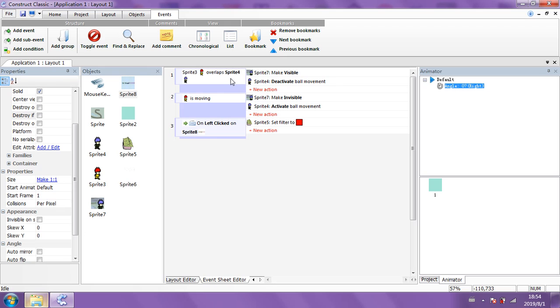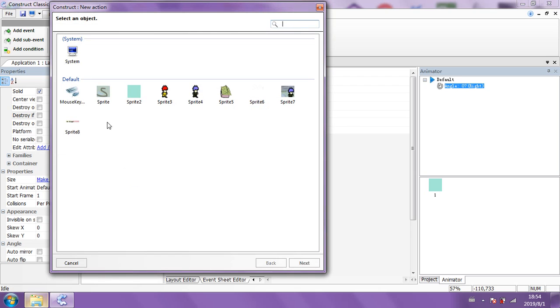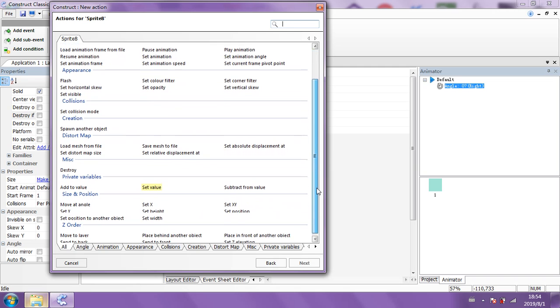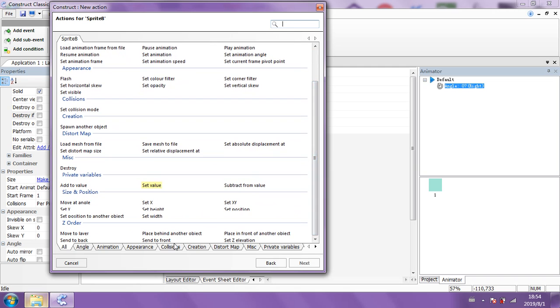Or is it that I walk in front of him, then that comes into being, but it just appears on top of him? Let's see if we can do that. Let's see what we got here. Sprite 8. Appearance. Creation. Spawn another object. It's the only one I've got here. Set to front layer, maybe I can set to front layer.